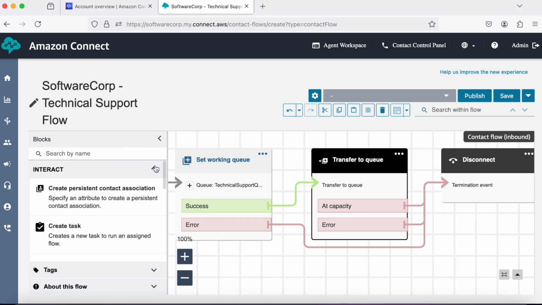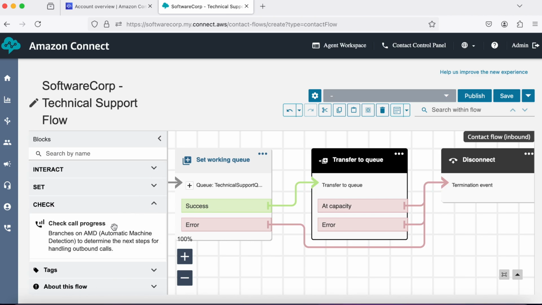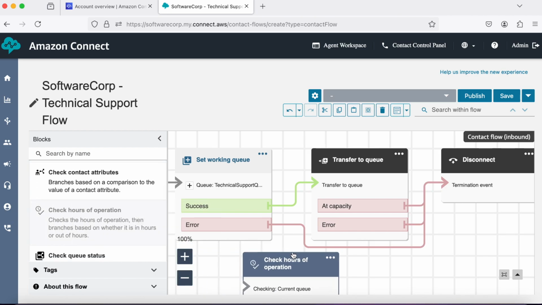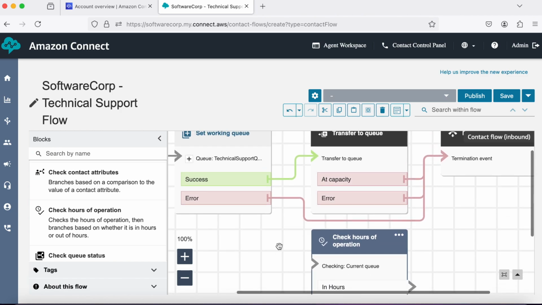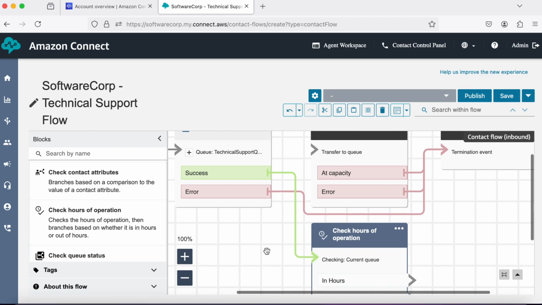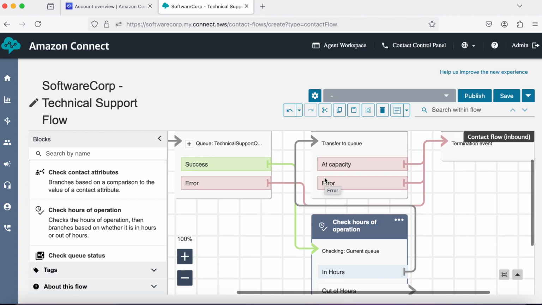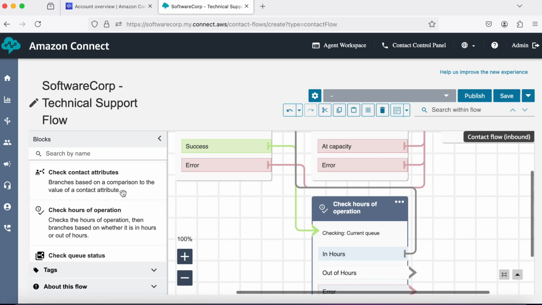Okay, hide that. Let's go into interact. No, let's get out of there. Let's go into check, and we need to check the hours of operation before moving further. So let's add this to the flow. Okay, so X that out and connect it to hours of operation, because that's the first step. For closed, no one's there. So then connect hours in hours,